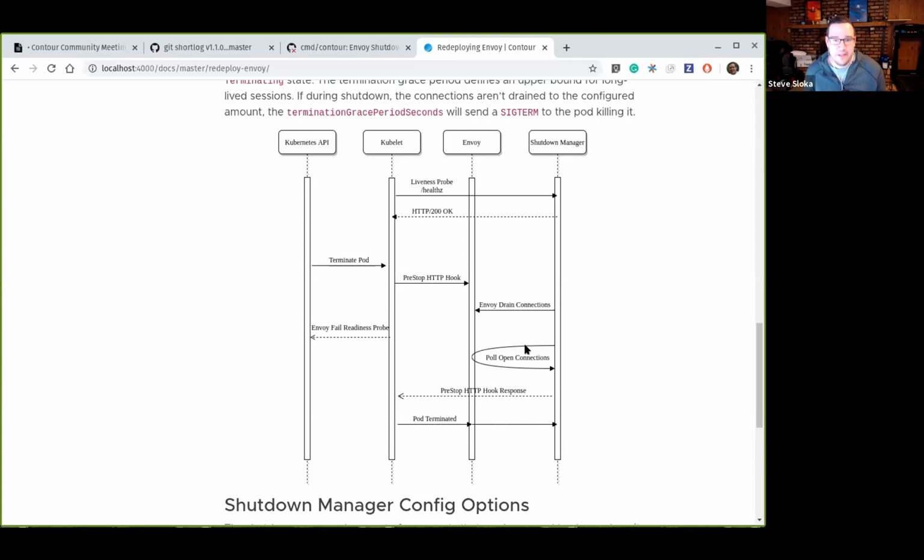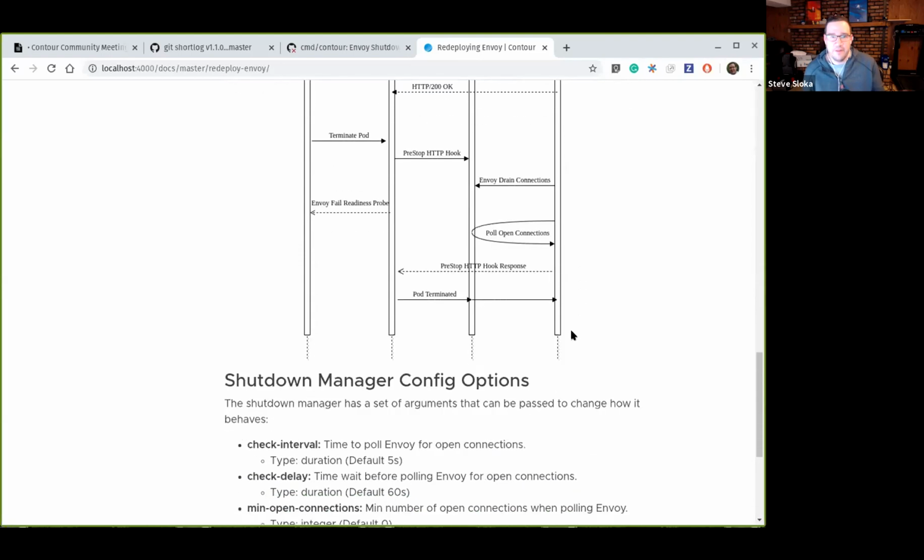Now, in the event that this doesn't happen fast enough, you can configure basically this termination grace seconds for the pod. So you can define basically how long you want to wait for that pod to stay around while it's waiting to drain. So maybe for you, that might be 5 minutes, that may be a half hour. I actually don't know what the max is in Kubernetes to set that to. But that's going to be your max window. So either your open connections is met, or that termination grace period gets met, and then the pod will get terminated. And then the next one will roll.